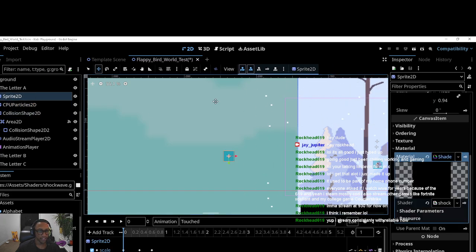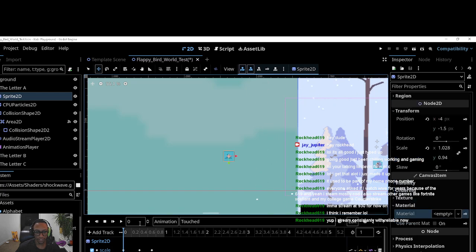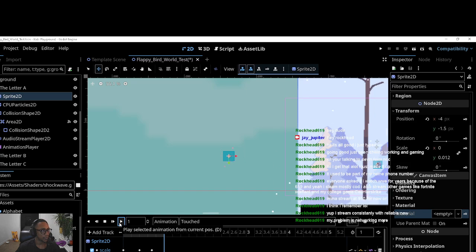I applied the shader here. When I turn off the shader, the animation plays just fine and everything's fine. So maybe the shader should be applied to